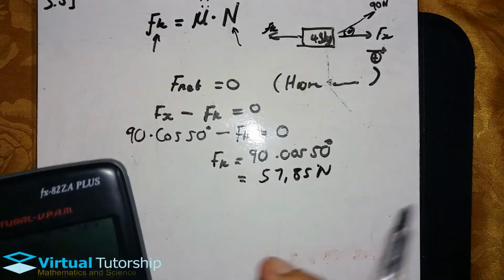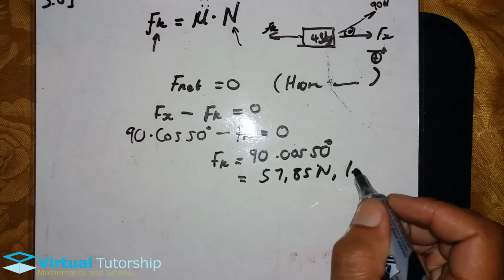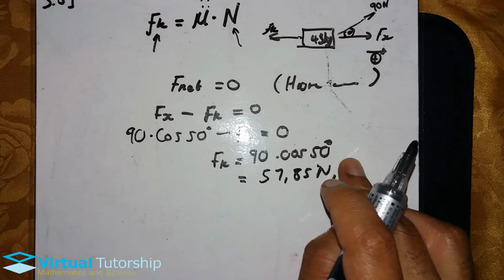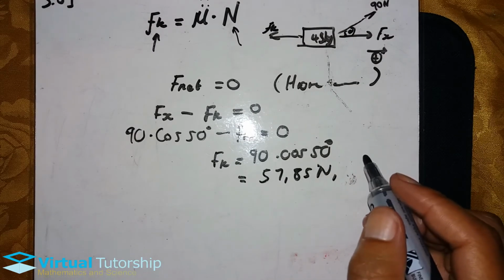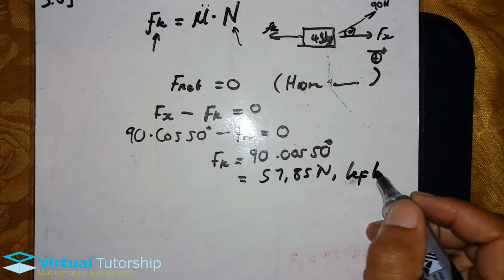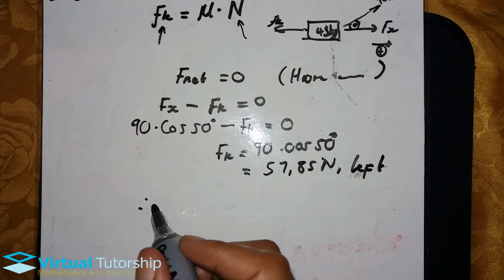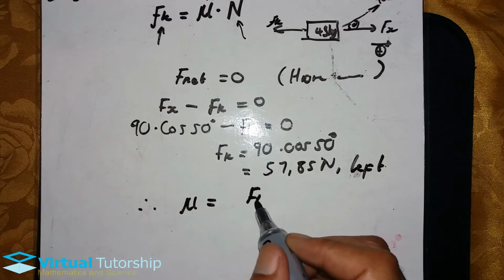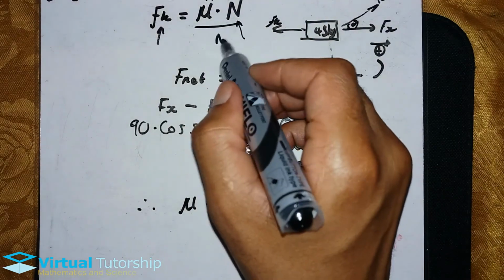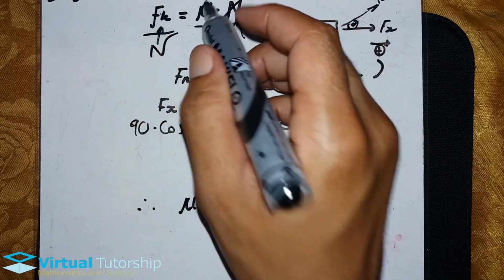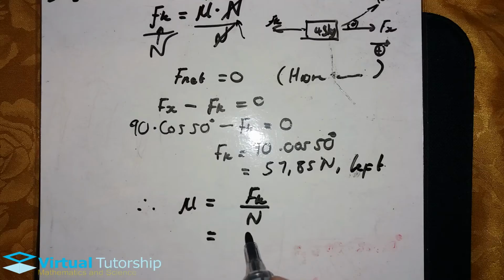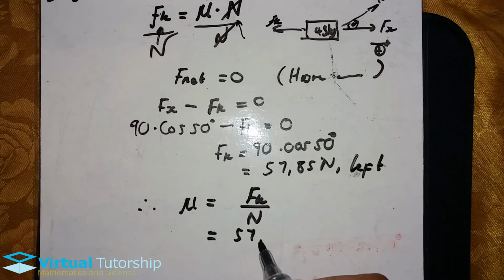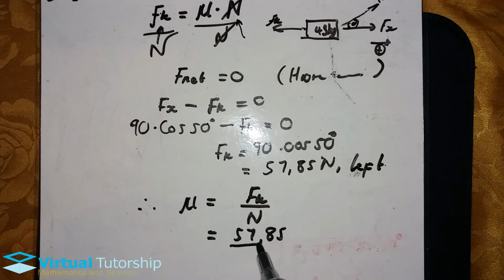So my Fk is equal to 57.85 newtons, to the left. So therefore, what is calculated is mu. Mu is equal to Fk divided by N. I'm going to divide both sides by N, leaving mu. So mu is equal to Fk. The Fk that we calculated is 57.85, all divided by